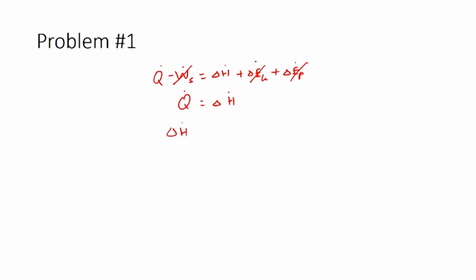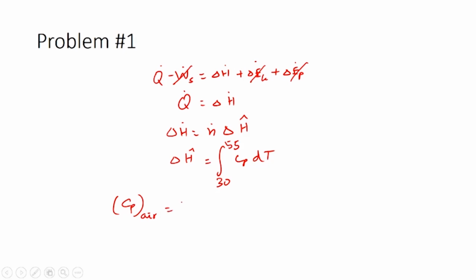Delta H dot is equal to n dot times delta H cap. We already have calculated n dot, we just need to calculate delta H cap. Delta H cap is equal to the integral of Cp dT, and temperature here increases from 30 degrees Celsius to 55 degrees Celsius. So, we can look up the tables or any handbook to get the Cp of air. Cp of air with Celsius as the units would be